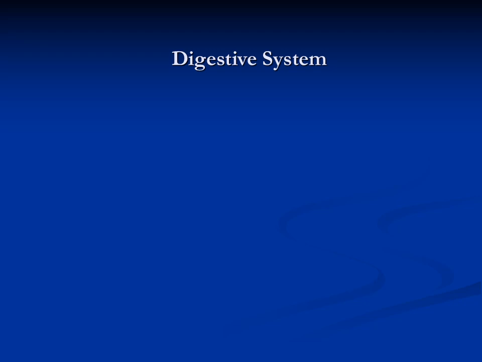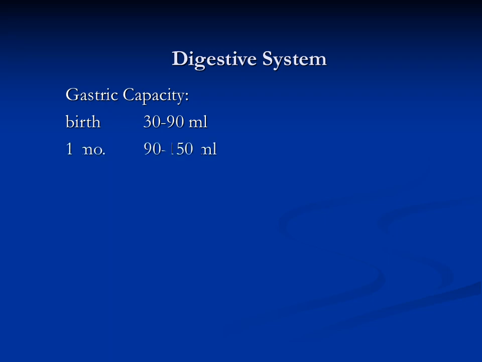The digestive capacity at birth is about 1 to 3 ounces with a gastric emptying time of about 2 to 6 hours. This is the reason why neonates prefer to feed frequently in smaller amounts. As one grows older, the gastric capacity increases.